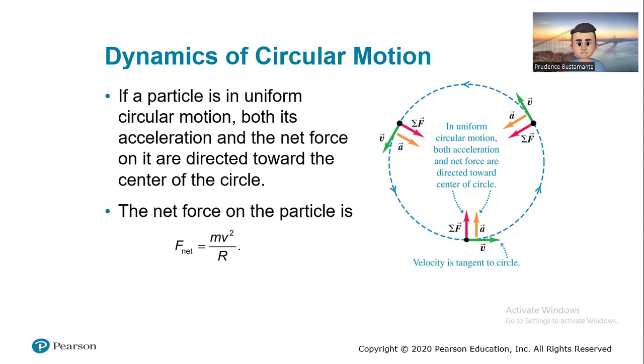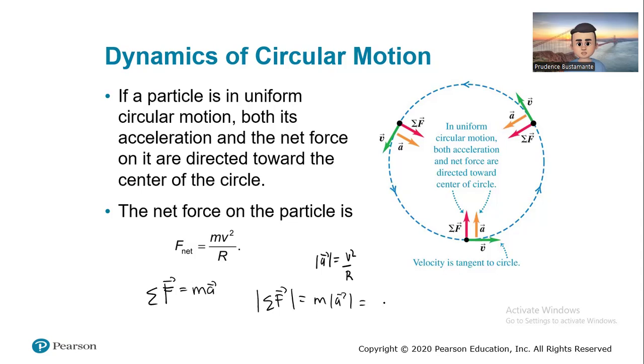So this is about the dynamics of circular motion. We already derived that the centripetal acceleration, the magnitude of a in this particular case, is equal to v squared over R. So the net force is also pointing in the direction of the center, and Newton's second law states that this is equal to the mass times the acceleration. If you find the magnitude of the net force, this is equal to the mass times the magnitude of the acceleration.